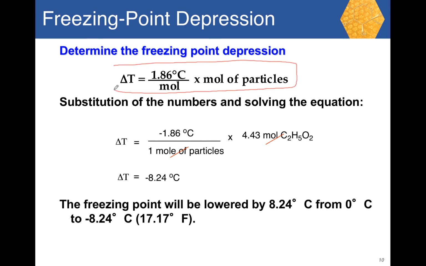This is our equation here. So the change in temperature, notice this delta here, it's a Greek letter, means change. So the change in temperature is equal to 1.86 Celsius per mole times moles of particles. So here we go. This change in temperature is equal to minus 1.86. Notice we put a minus sign because it's a freezing point depression. We're going below zero. And we have here 4.43 moles, and since we have one particle, we multiply by 1,